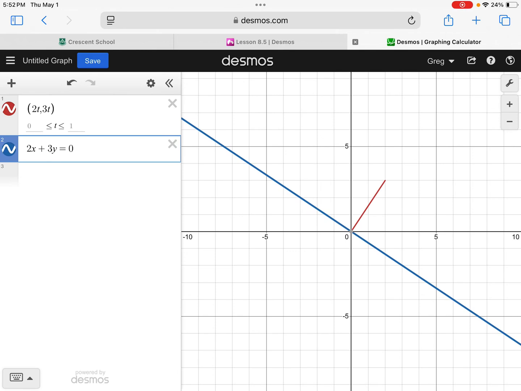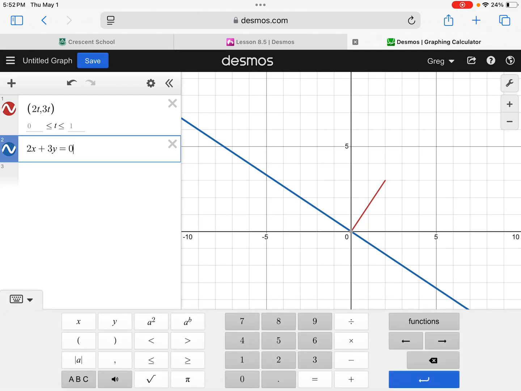Welcome to lesson 8.5. It builds on an idea we've already seen. This red line that you're looking at is going in the direction 2, 3. You can see it goes 2 on the x, 3 on the y. And if we put the 2 and 3 in front of x and y, as you see over here, it acts as the normal to the blue line, so that red line is perpendicular to that blue line. And that blue line is the set of all points that start at the origin and go